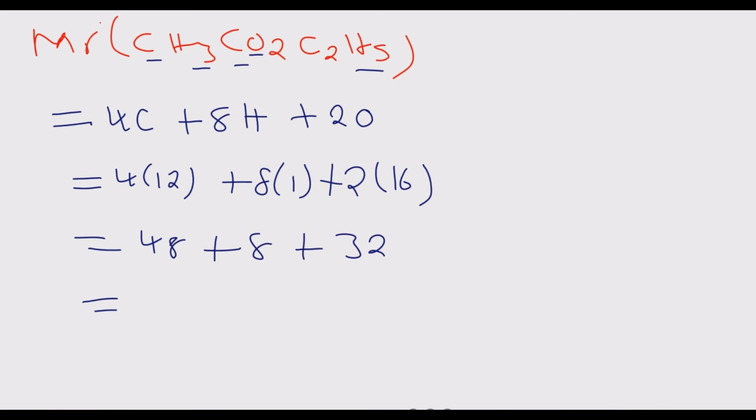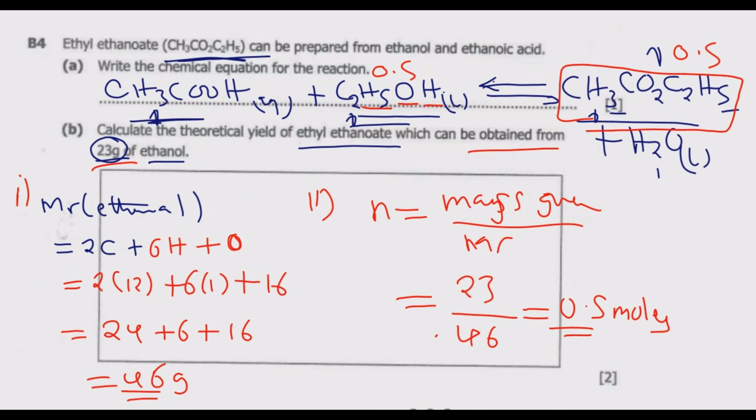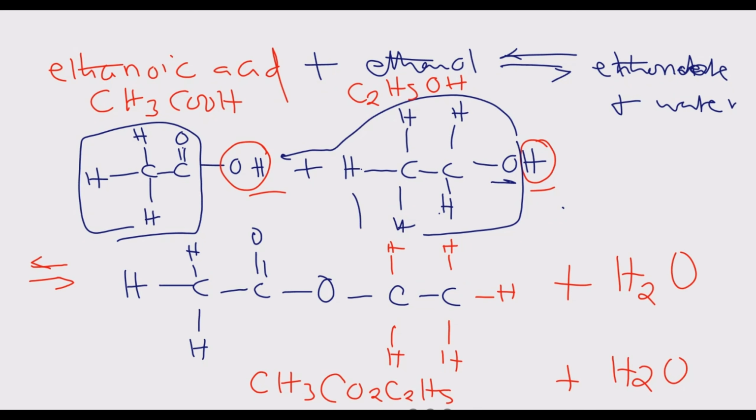We sum this and end up with 88 grams. So now with 88 grams, we know that if we have 0.5 moles here, to find the number of grams produced,